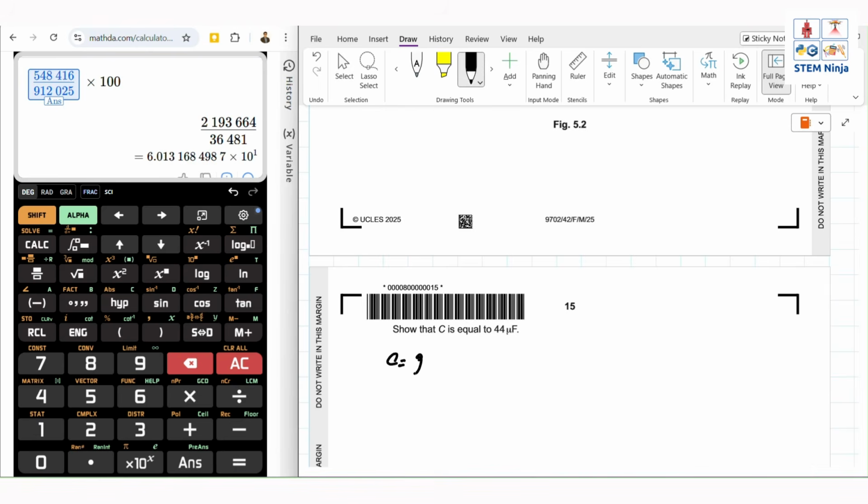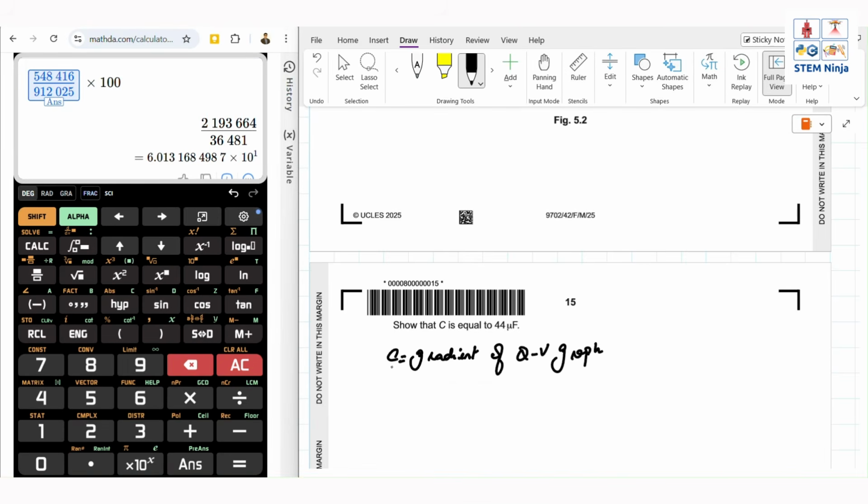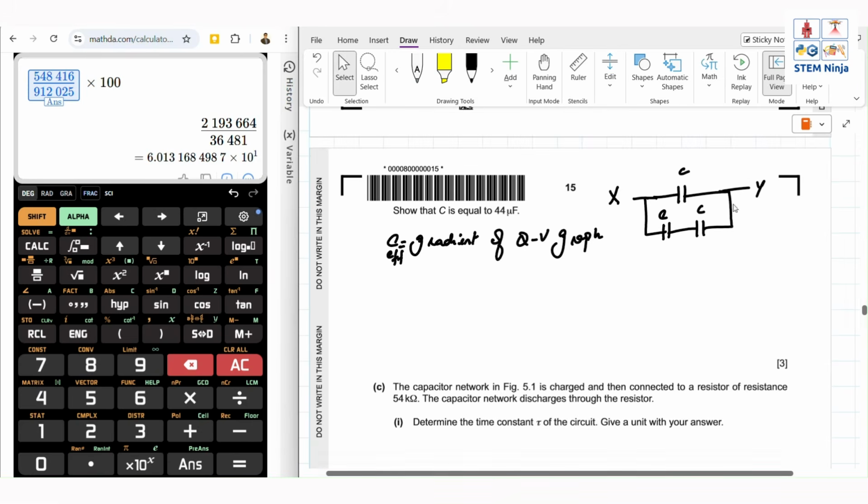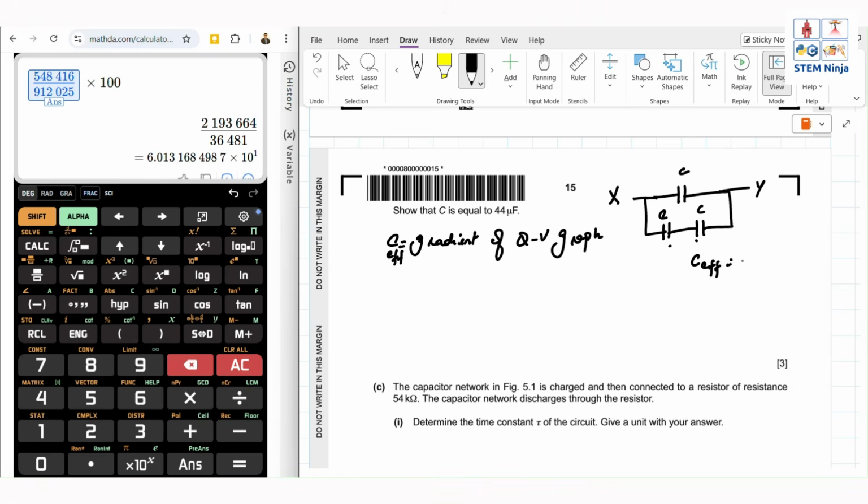So this is what we are going to write. C is equal to the gradient of the QV graph. So this is going to be the effective capacitance. We have this C over here and this C over here, and this was the X and Y terminal. So all of these are C. First off, we need an expression, and then we can equate it to the graph. So these two combined, the ones in series, become C over 2, because in series